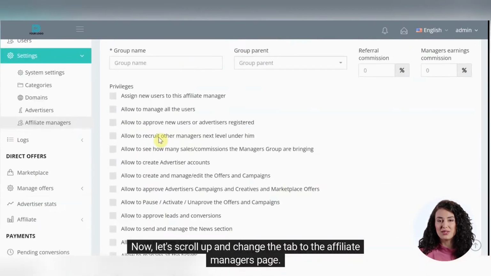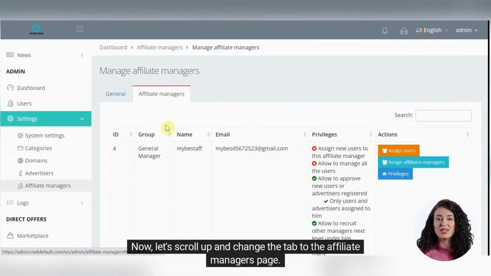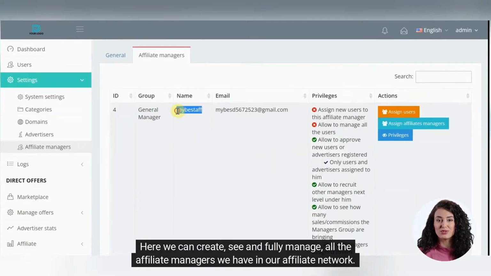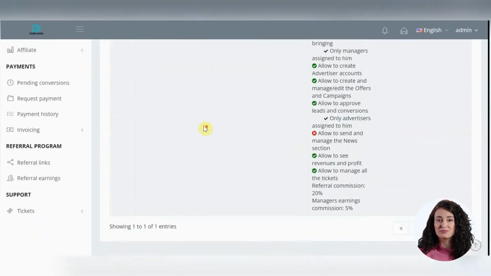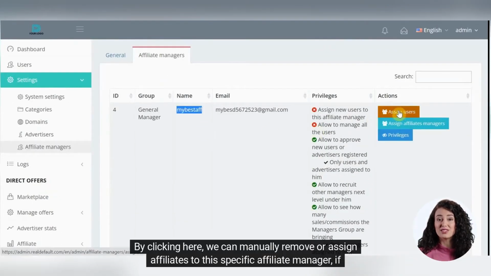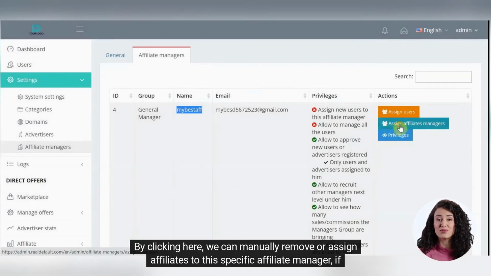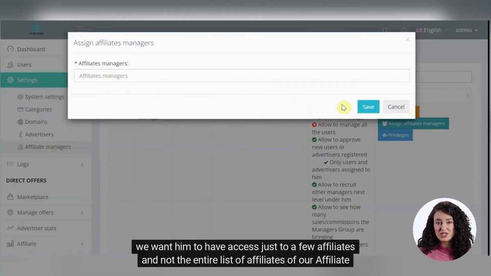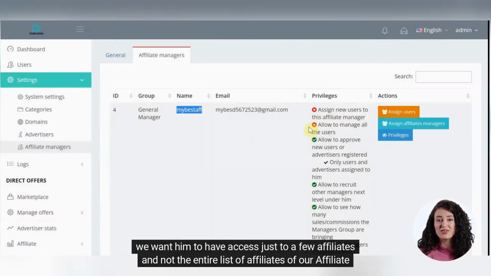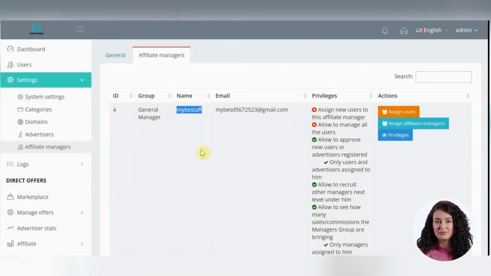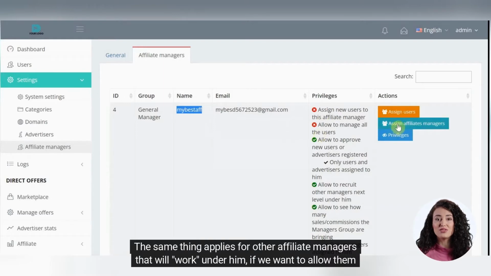Now, let's scroll up and change the tab to the Affiliate Managers page. Here we can create, see, and fully manage all the affiliate managers we have in our affiliate network. By clicking here, we can manually remove or assign affiliates to this specific affiliate manager if we want him to have access to just a few affiliates and not the entire list of affiliates of our affiliate network or affiliate program. The same thing applies for other affiliate managers that will work under him if we want to allow them